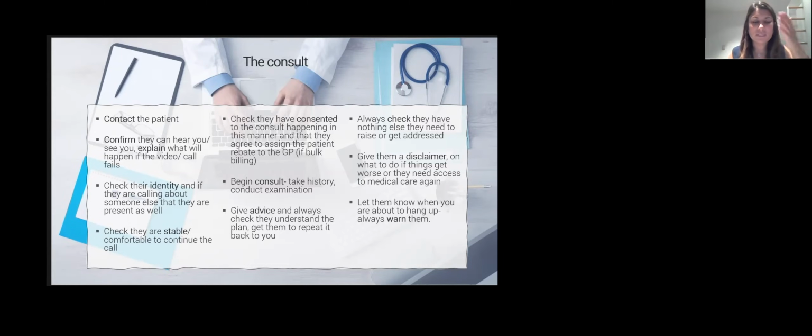Just going back, sorry, I just missed the examination. People always get a bit weird and they're like, how can you do examination? I don't mean an actual physical examination, but I mean addressing the things that you can over the phone or over video. And again, that's being creative. So if somebody has got shortness of breath and you obviously can't look at them or listen to their chest, it may be, let's see how many steps you can climb today compared to yesterday, before you get breathless and have to sit down.